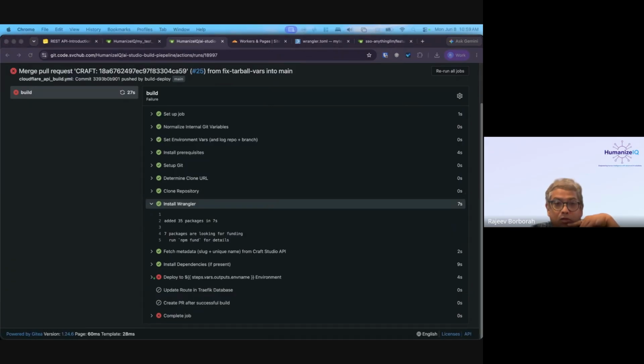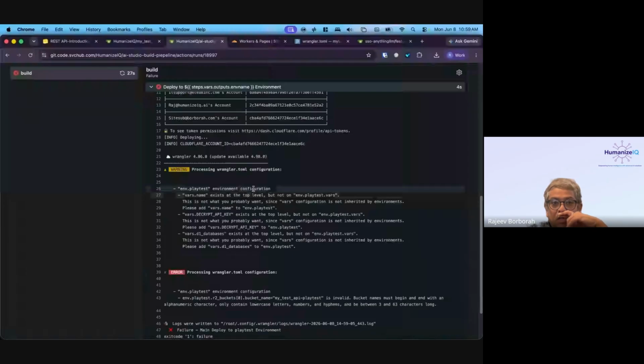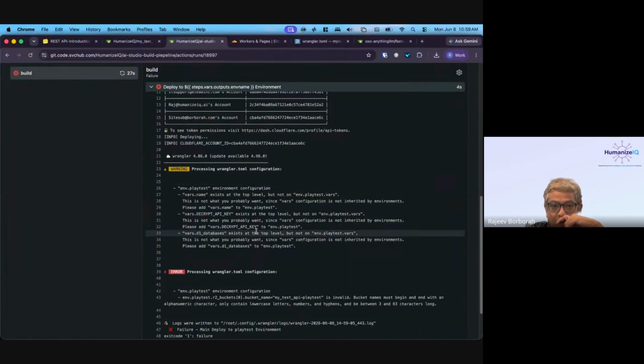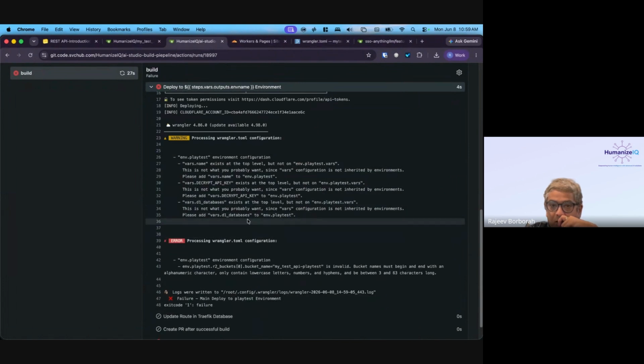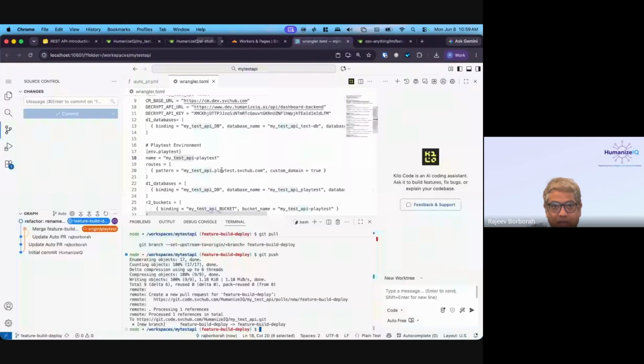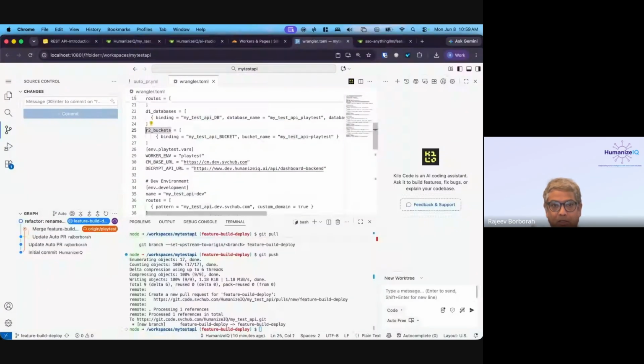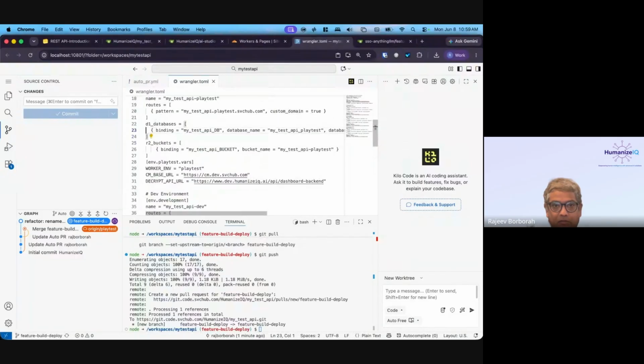Why did it fail? So there must be some problem with the replacement. So what is it failing on? Deploying Cloudflare account, processing variable env, this thing is env bucket name. Okay, so I'm using a bucket name. In this case, I don't need the bucket name because this was a template. This has extra stuff in there. So let me just replace these extra things that I don't need.